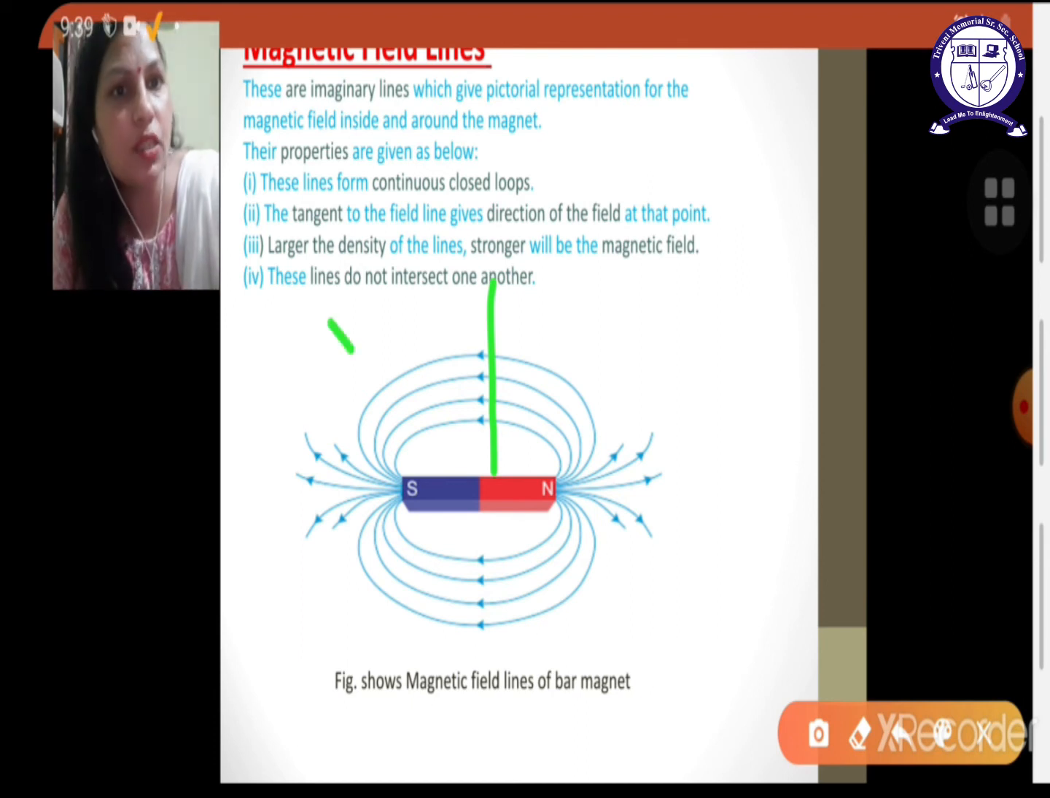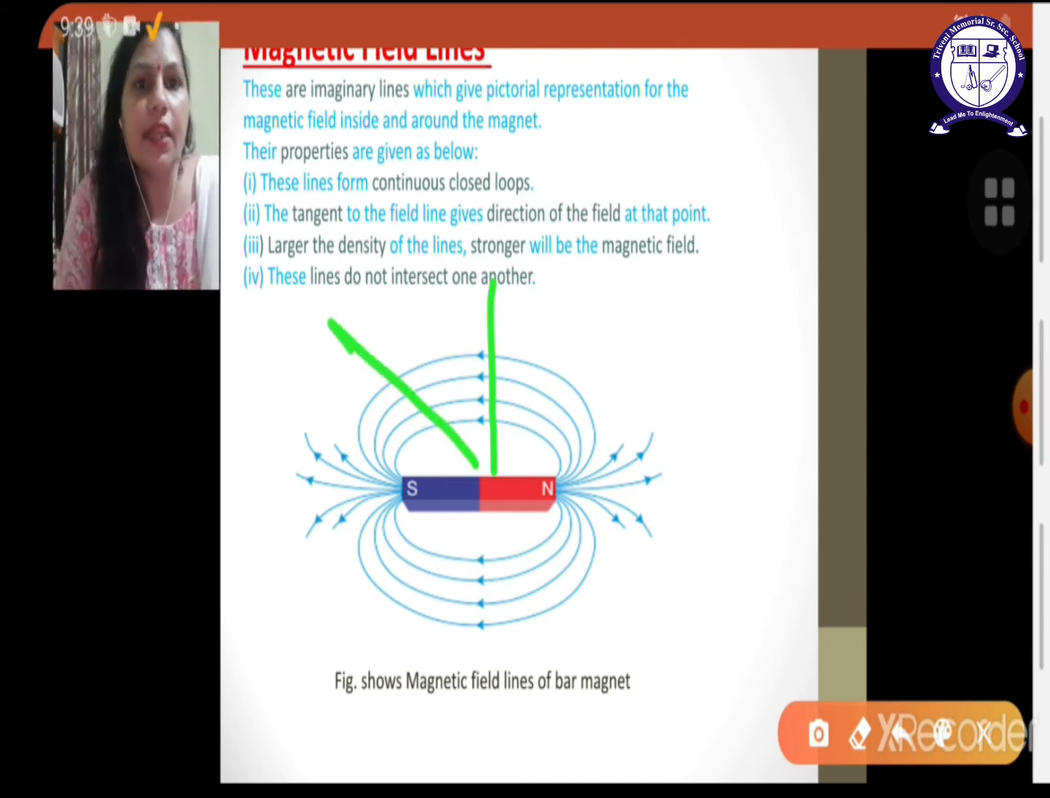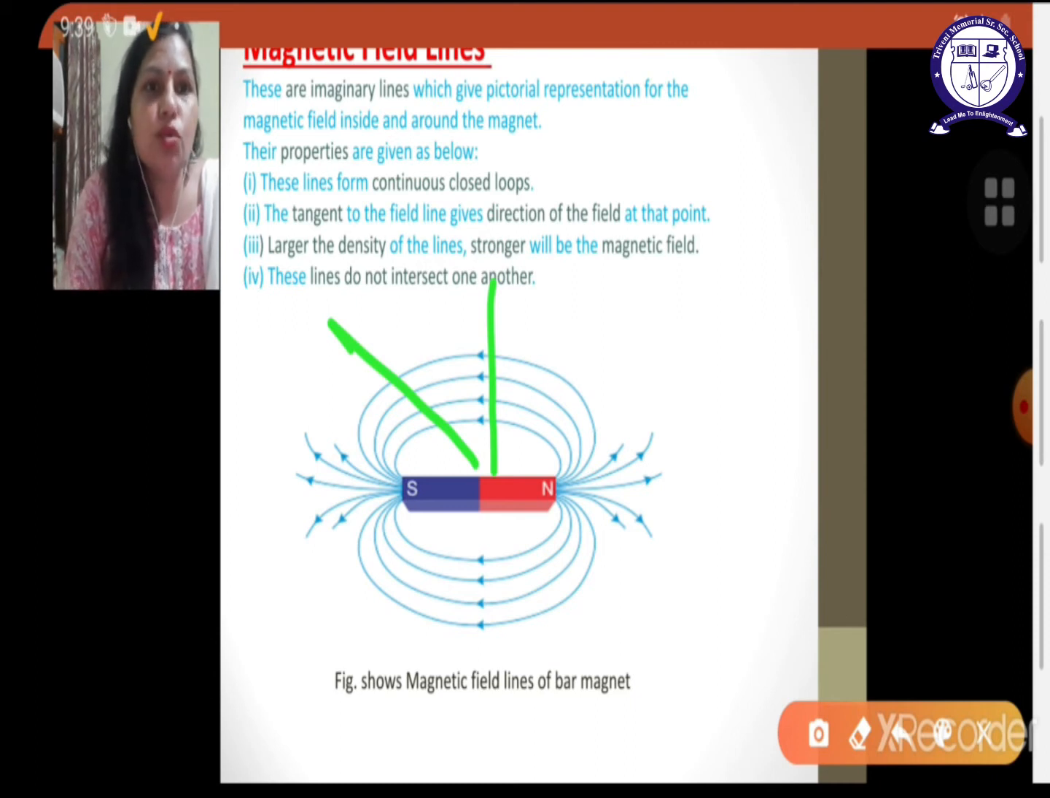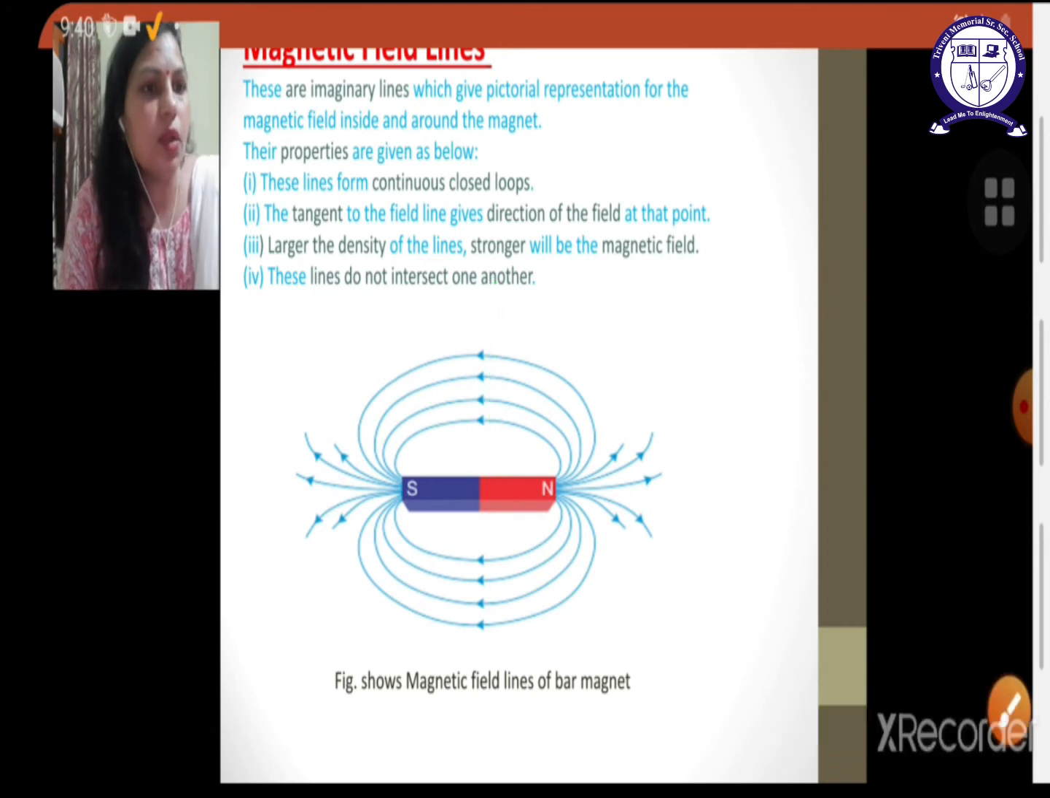Similarly at this point, if you want to see, again the direction of the magnetic field lines is the same. So these lines do not intersect with one another, because for intersection they would need to have different directions at a single point, which is not at all possible. Now in the very next slide I am going to discuss